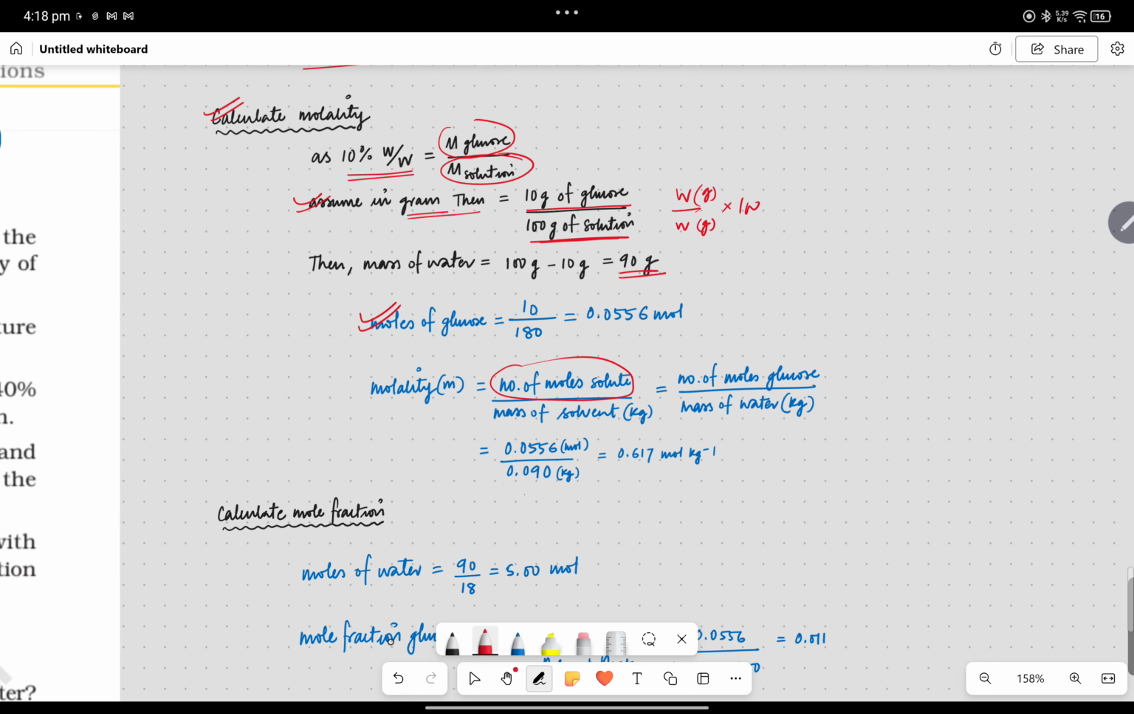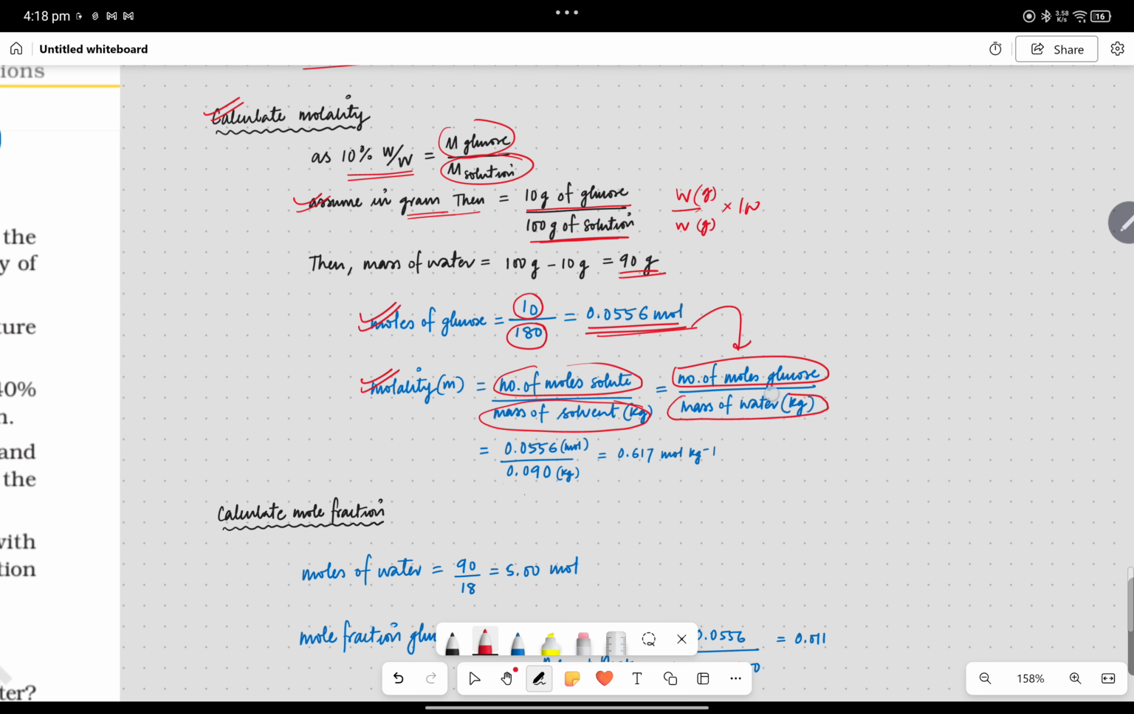Then you have to calculate the moles of glucose, so that you can put it in the formula of molality. For that, mass of glucose by molecular weight of glucose, you have to take the ratio of that, and then you are going to get the moles of glucose, 0.0556 mole. Then the molality formula: number of moles of glucose by mass of solvent in kg. So the number of moles of glucose we have from here,